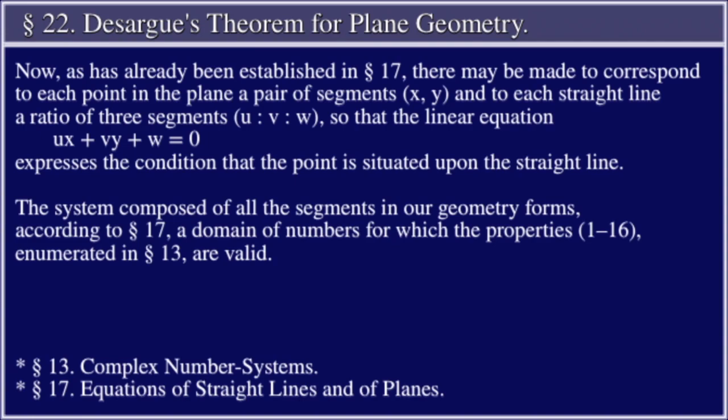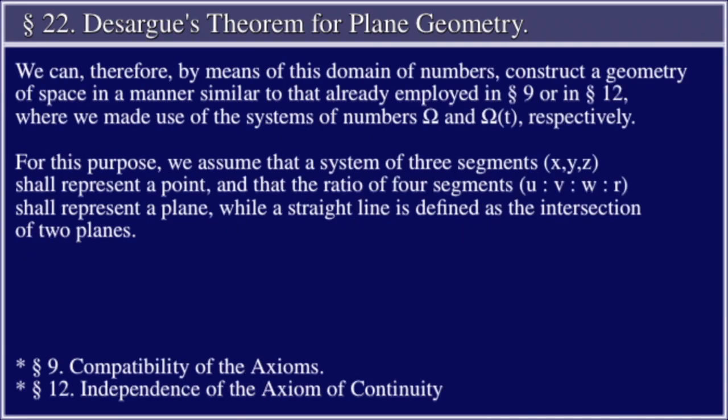The system composed of all the segments in our geometry forms, according to section 17, a domain of numbers for which the properties 1 through 16 enumerated in section 13 are valid. We can therefore, by means of this domain of numbers, construct a geometry of space in a manner similar to that already employed in section 9 or in section 12, where we made use of the systems of numbers omega and omega t, respectively. For this purpose, we assume that a system of 3 segments, x, y, and z, shall